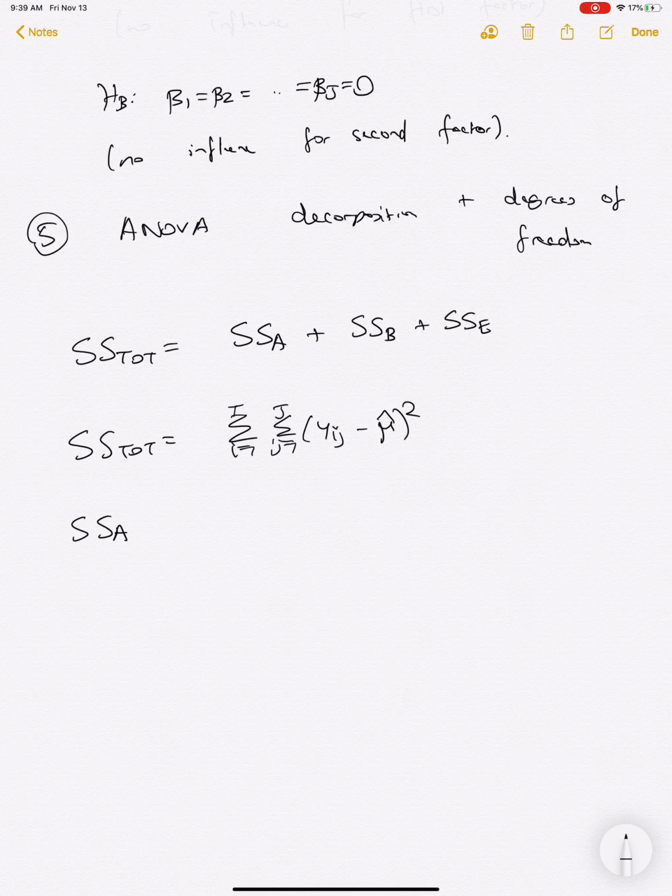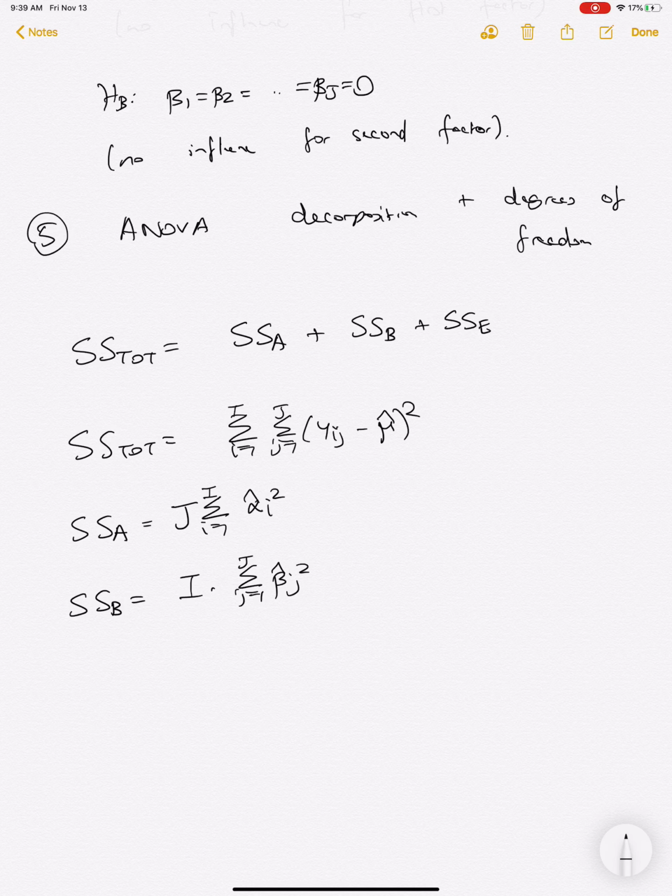Then the SSA, like we had before, is the influence of alpha hat i squared, and then you have to multiply by J because you're summing over i and j. And then you have the effect of B, which is going to be I times